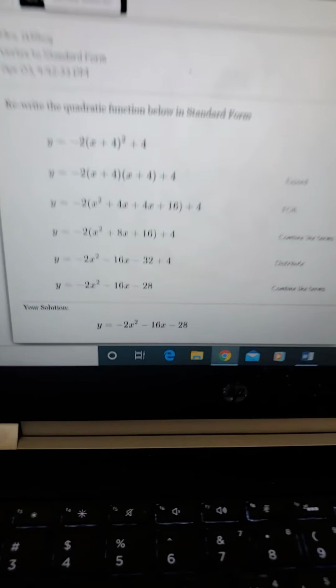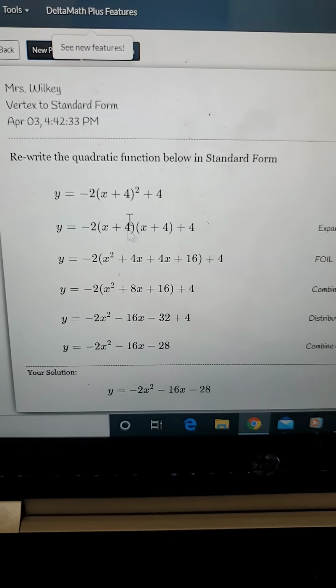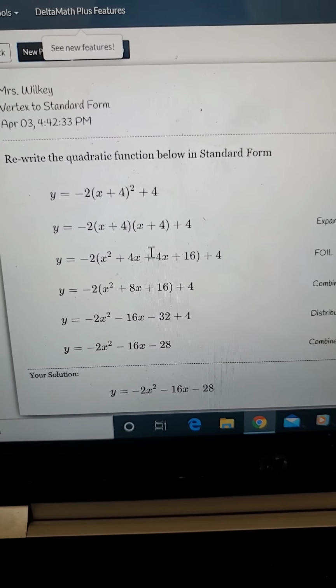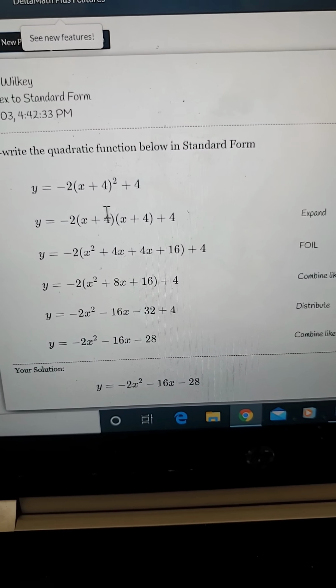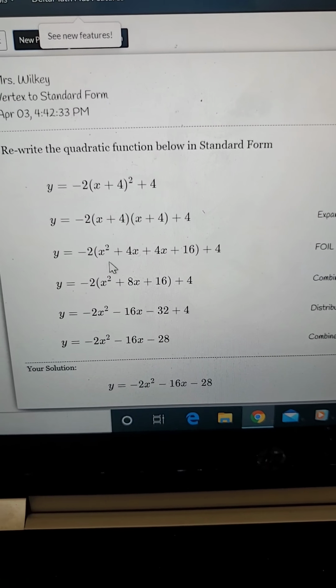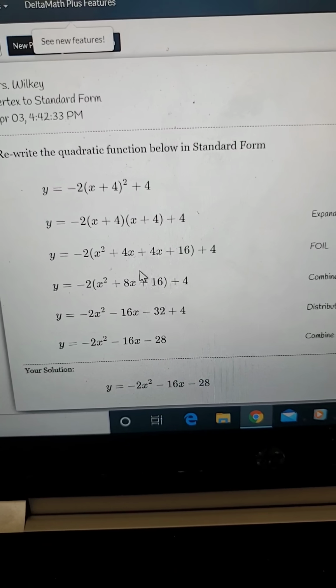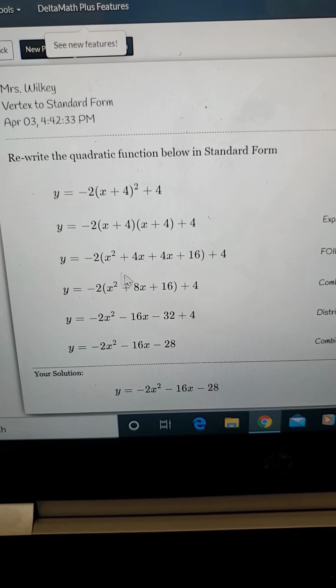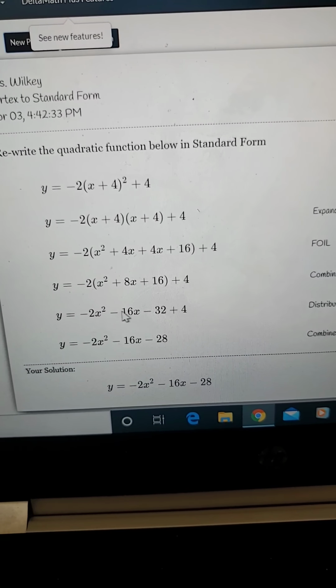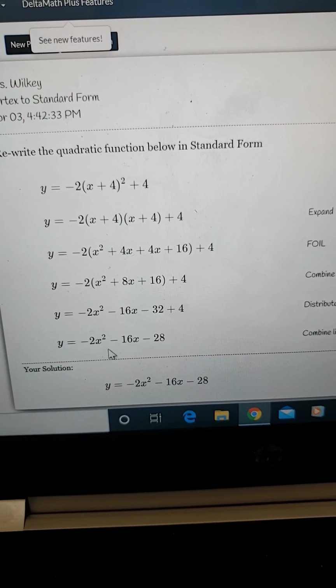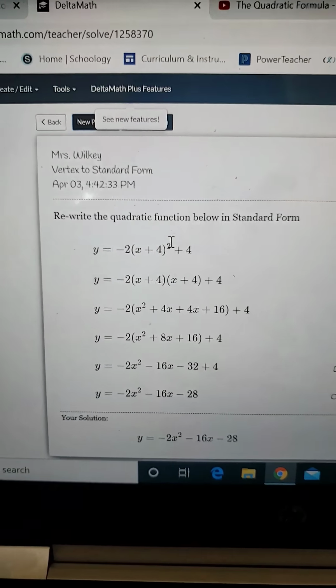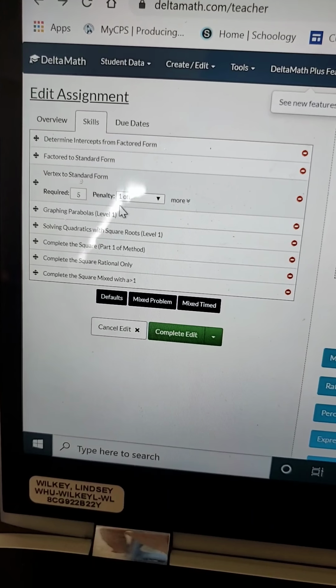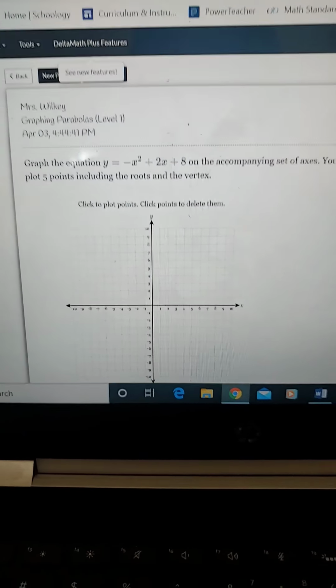All right. And there we go. I did the same thing. Expanded this, distributed, combined like terms, distributed again, combined like terms. Okay. All right, so graphing parabolas, level 1,